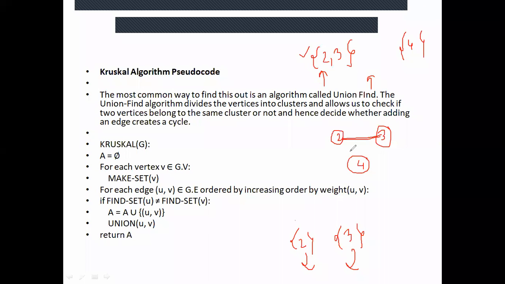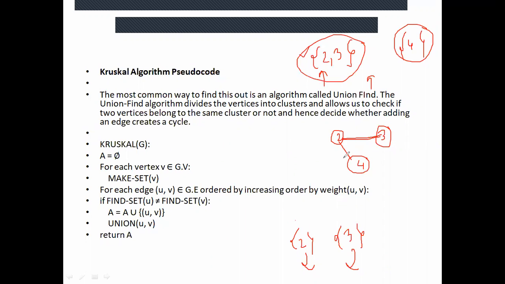Is it okay? Now if I want to add an edge 2 to 4, yes Karan, can you tell me, can I add an edge 2 to 4? Yes, ma'am. Why? Because, ma'am, the connection from 4 to 3 is already made. No, no, tell me according to the sets, because your reason should be that 2 is from this set and 4 is from a different set. That means they belong to different sets. If they belong to different sets, that means you can add an edge. So I can add an edge.